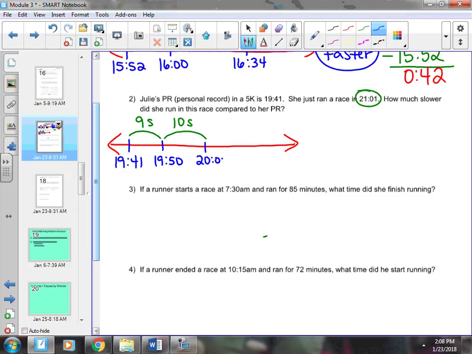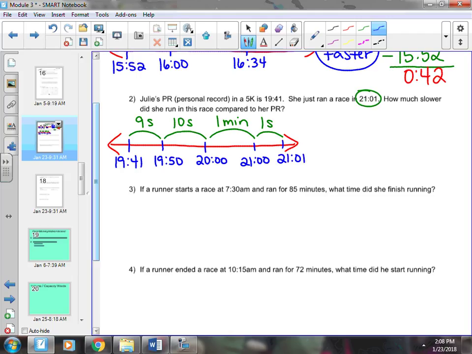Some people might have just jumped 19 seconds. You also could jump in a different way. Maybe you jumped a whole minute first, and that would be fine as well. We should end up with all the same answers. Okay, so I'm at 20 minutes, and I'm supposed to get to 21:01. So I'm going to jump 1 minute, to get me to 21 minutes, and then one more second. And that gets me to where I need to be,